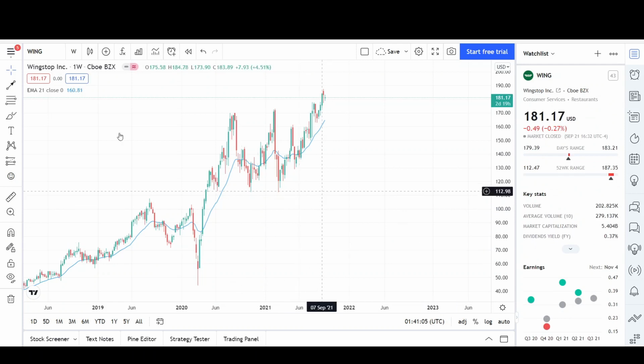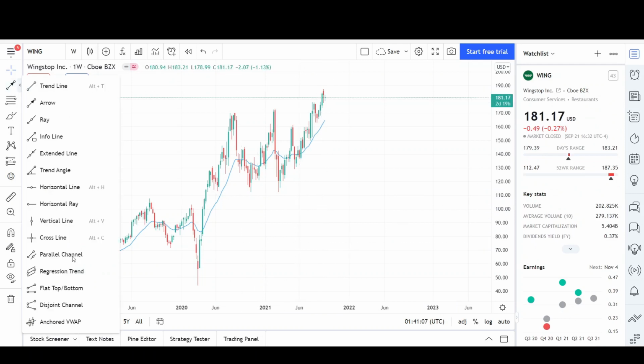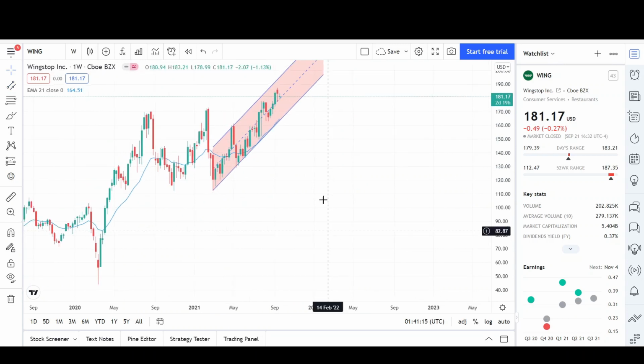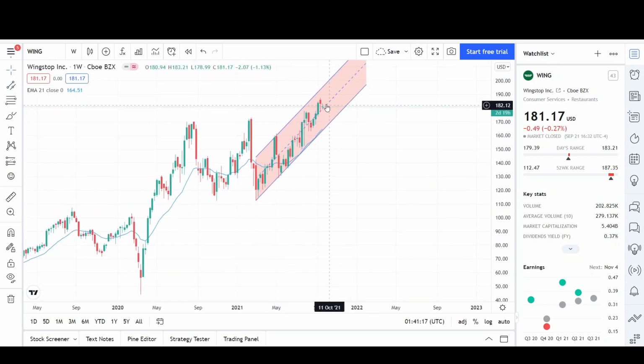Just coming back to the technicals, here's that channel that I spoke about on the daily chart. We're pretty much still making higher highs, higher lows, so there's no reason to go short. We're still inside of the channel. Any dips are pretty much just a buying opportunity. On the weekly chart, it looks like we could pull back all the way to maybe the 168 level,